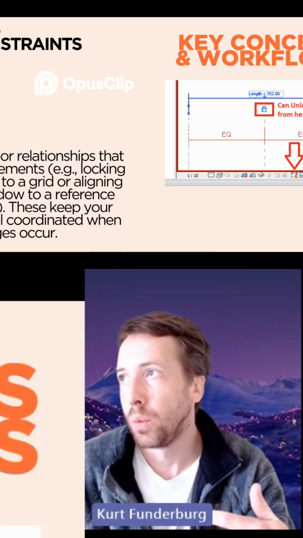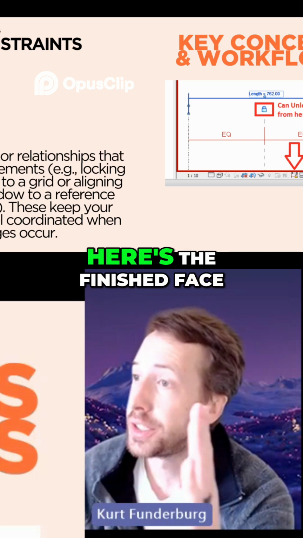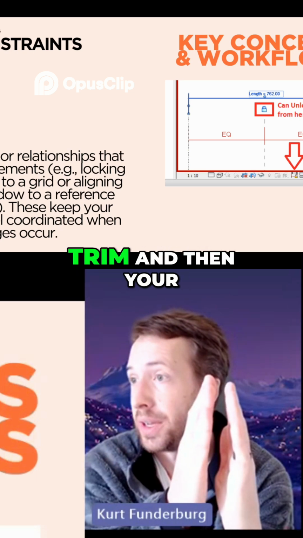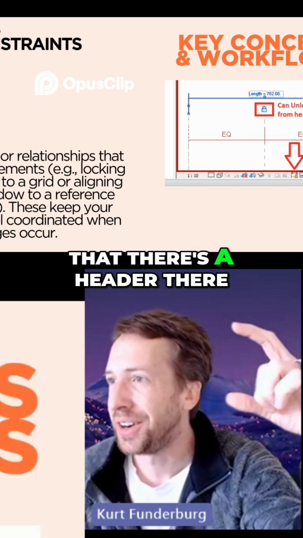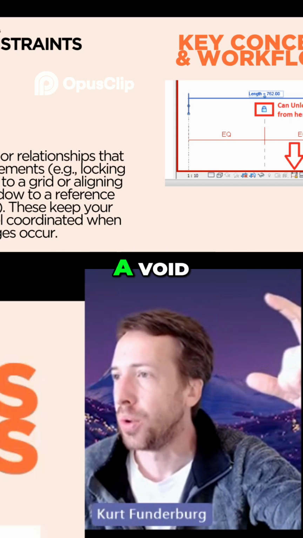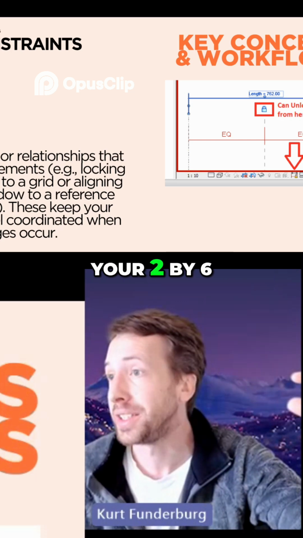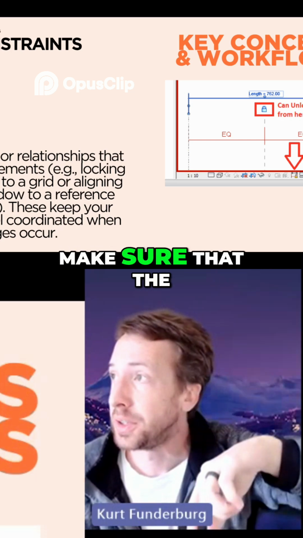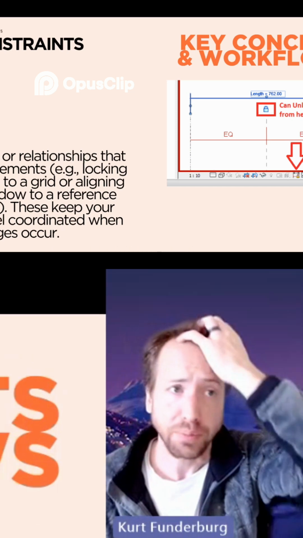Like we show, hey, here's the finished face of the siding, and then you're gonna tack on your trim, and then your window sits behind that, but you're not seeing that there's a header there. You're just gonna see that there's a void, and we know that there's a header there, so you'd have to go in and add your 2x6 header and orient it properly. You'd have to make sure that the plywood is the right hatch. So we draw plywood in,